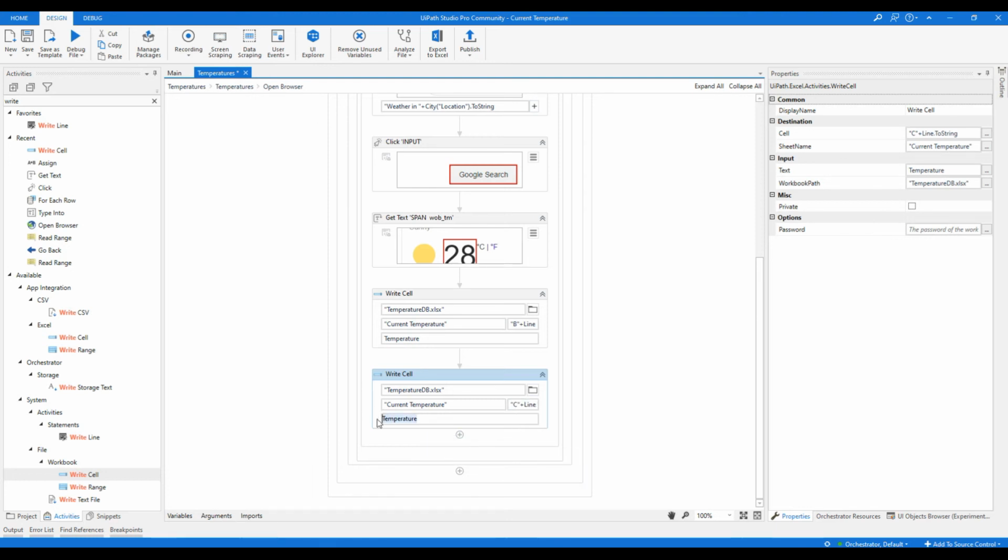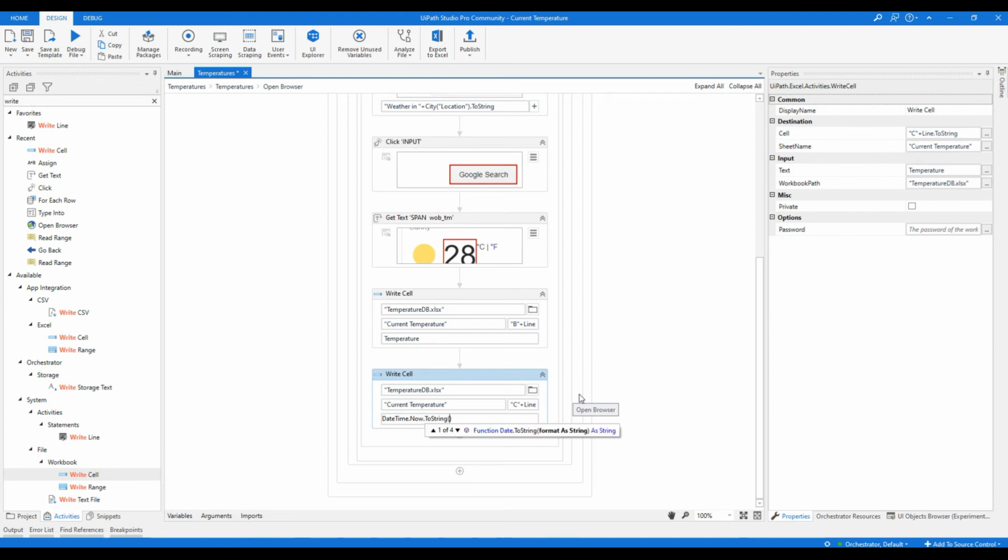And we don't put this information here because we don't need the temperature, we need the current time. In the current time, we just type it here. DateTime.Now.ToString,